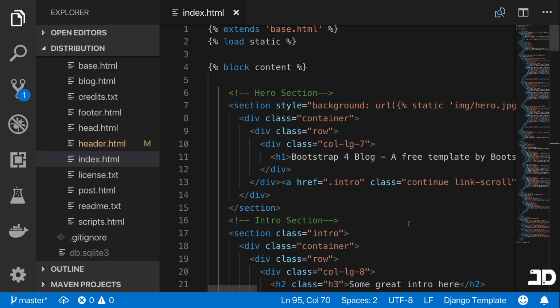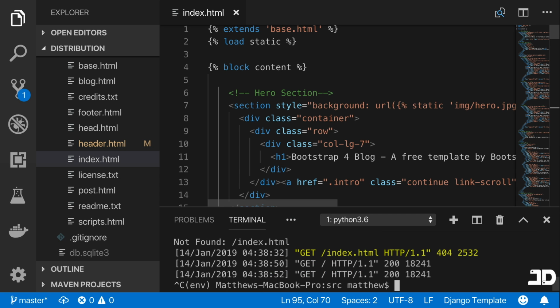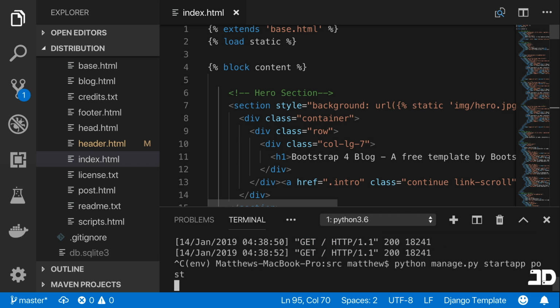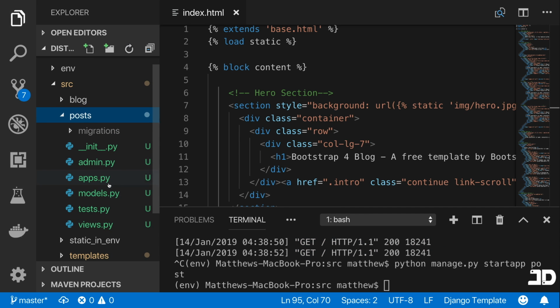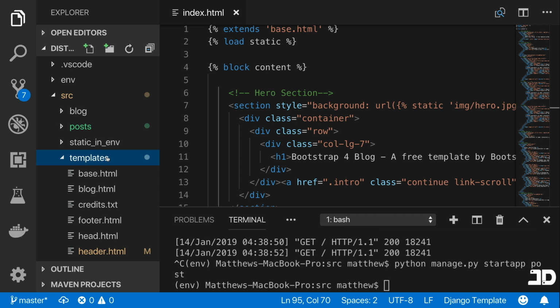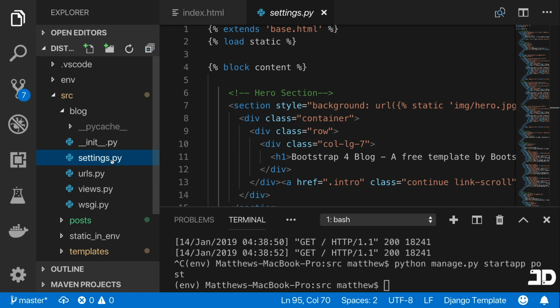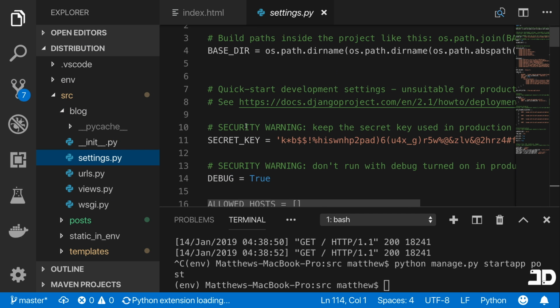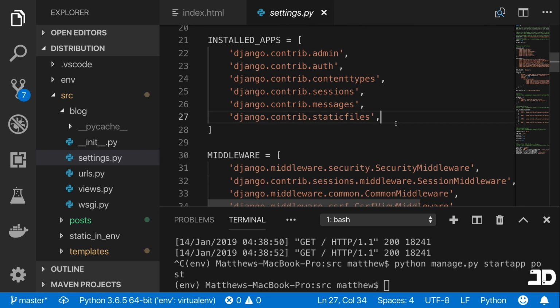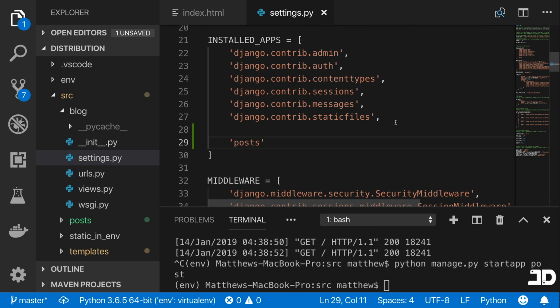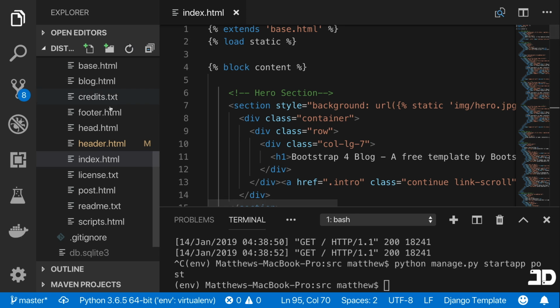So let's go back here, and what I'm going to do is just stop the server, and we'll say python manage.py startapp, and we'll call this posts. So there's our posts app, and we can also register this in our blog settings. So let's go all the way to the top here into our installed apps. We'll just add posts,